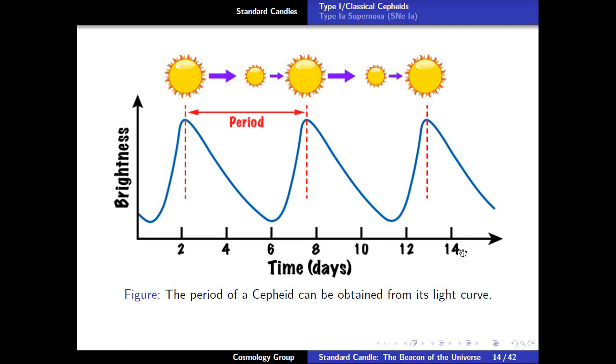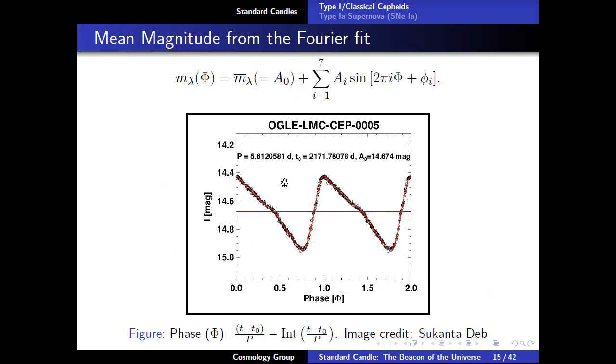You can see, and this graph is known as the light curve of a variable star, where we have plotted the time along the x-axis and the brightness along the y-axis, and from the light curve we can find out the period of the Cepheid. Now this is an example of a Cepheid taken from the Optical Gravitational Lensing Experiment project. This Cepheid belongs to the Large Magellanic Cloud, one of the satellite galaxies of the Milky Way, and